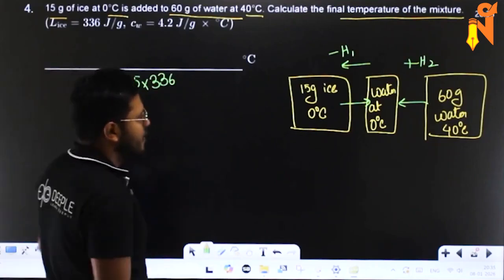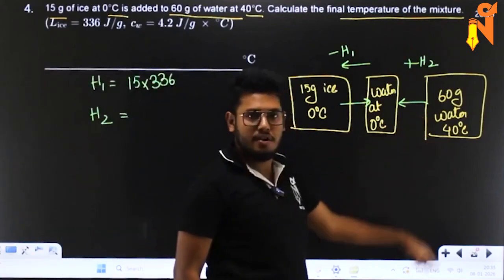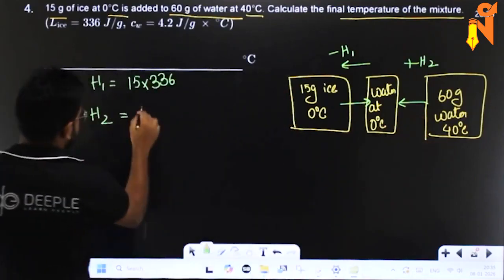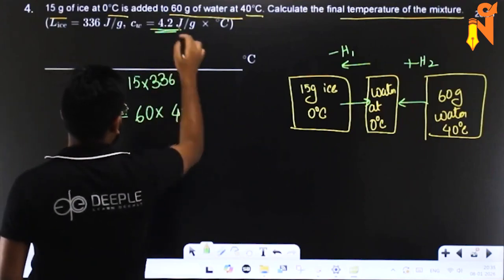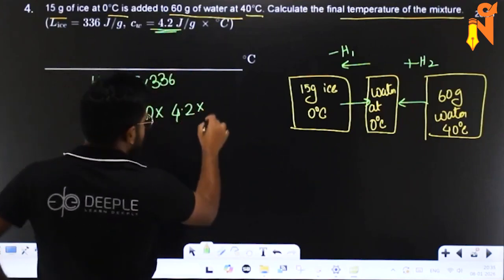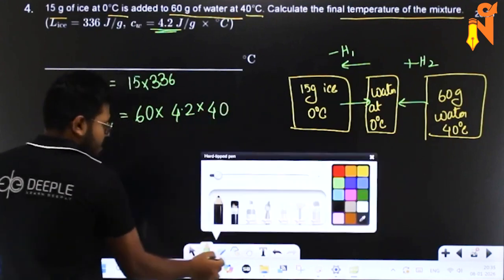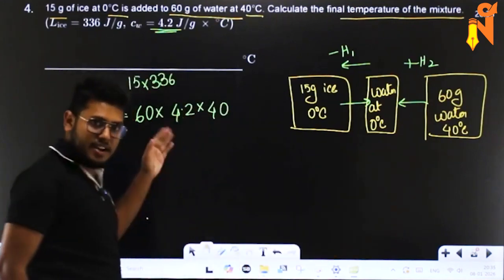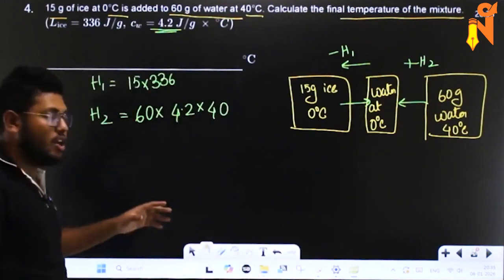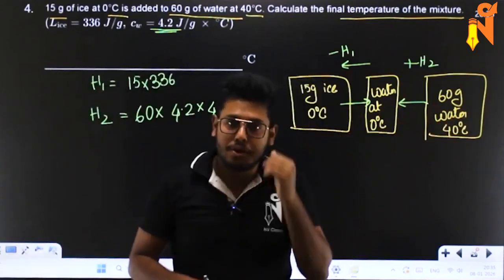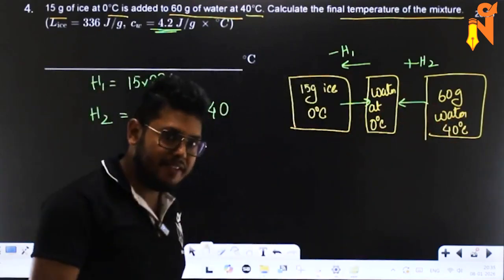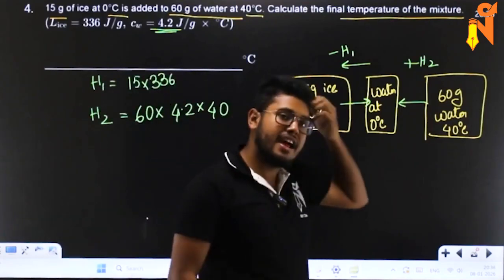Let's see. Temperature change is happening here, no phase change. So mST: 60, S is 4.2, the specific heat, and the change in temperature is how much? 40. Correct. Now first let us find out H2 minus H1 to see what happens in these two processes, whether we get an excess of energy or a lack of energy. If there is a lack of energy, then what will happen? The entire thing will